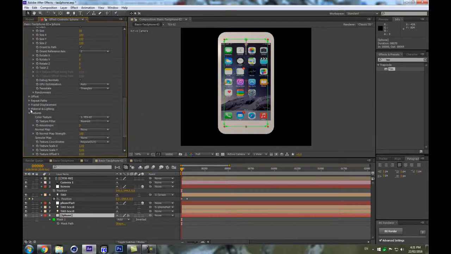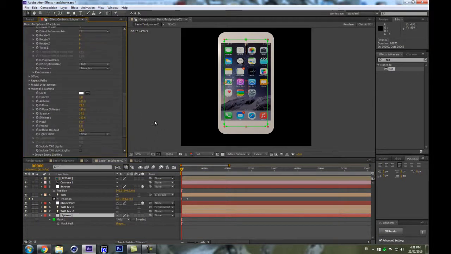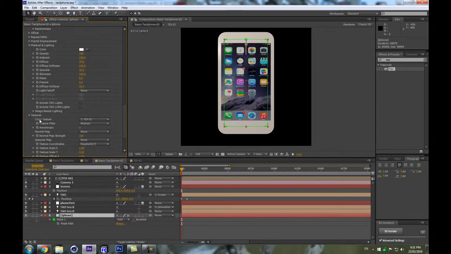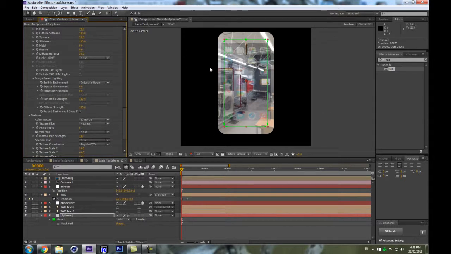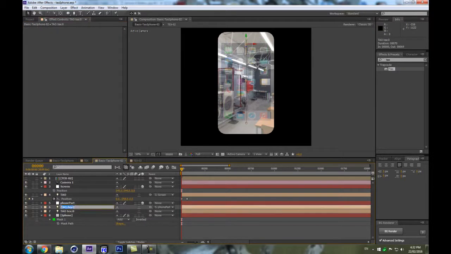here and activate in the material and lighting the, not the light falloff, but the image-based lighting. Let's roughly choose the industrial room here, and we're gonna get some reflection everywhere. We don't want it everywhere. We just want it to use that on the screen, so we can shut it off on both our lights here if we type down, and we don't need to put a space here. It might make it a little bit hard to read and very nerdy looking